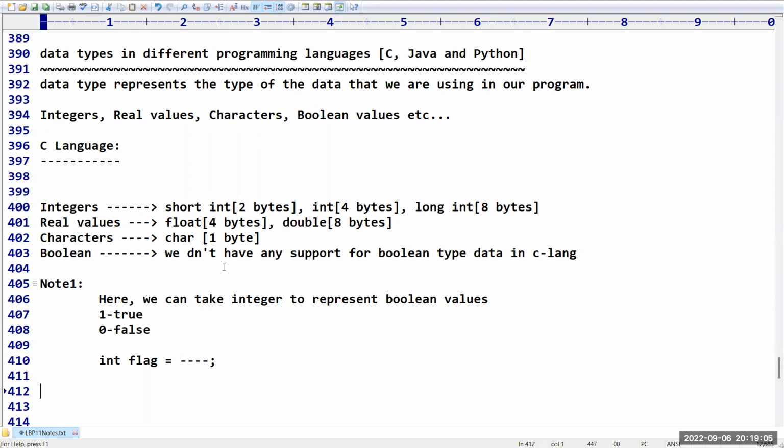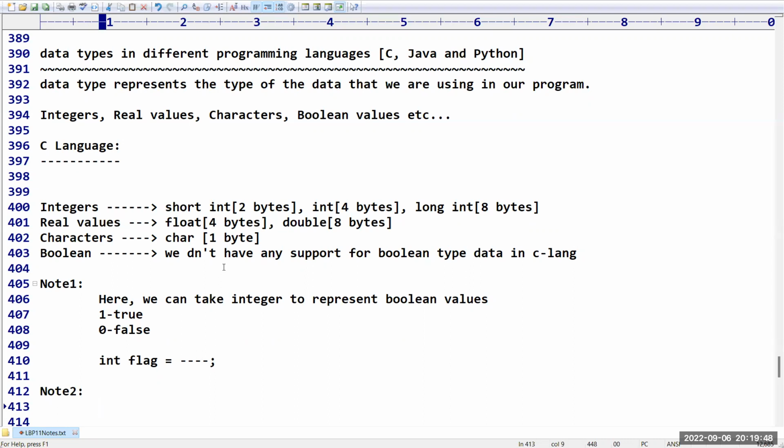Whenever I am writing C language code, suppose I get a chance to store a Boolean value, but C language is not in a position to provide support for Boolean. In such cases, we have to declare an integer variable. Better to name it as a flag, because if inbuilt support is there, any name we can take. But inbuilt support is not there. That's why better to take it as a flag, so that any programmer worldwide can understand this. Flag means it will maintain the status. So keep this in mind. Today I am going to cover one program related to that.